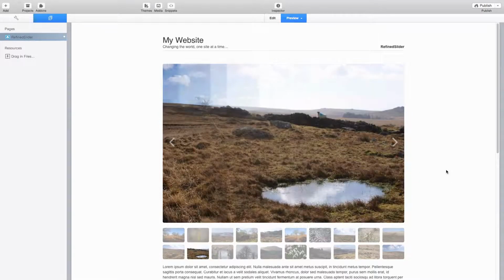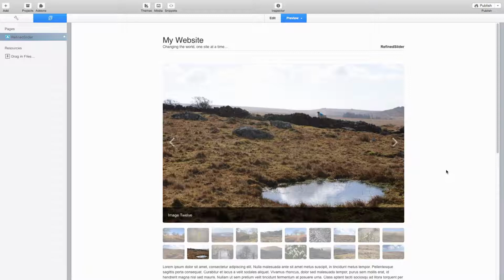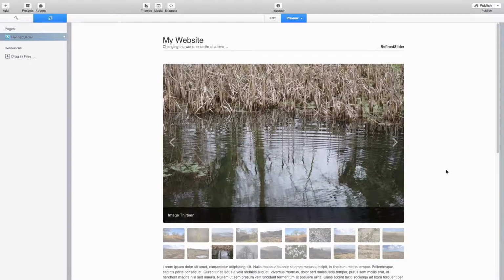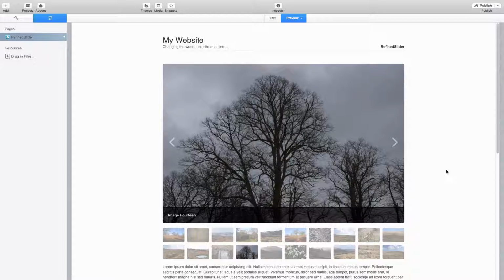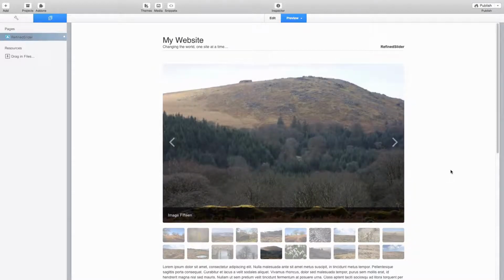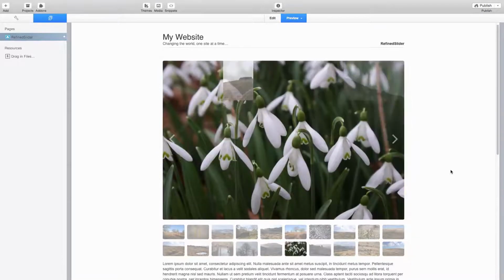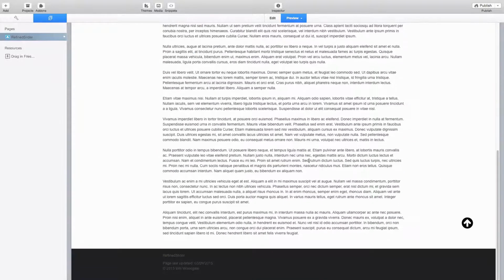The purpose of this video today is to walk you through the recently updated RefinedSlider stack. That's the stack you can see on the screen in front of me now. I've just assembled a very quick website using my Flood RapidWeaver theme, available from the themeflood.com website. Just put a copy of RefinedSlider in the page and some sample images, and we've just got some other content